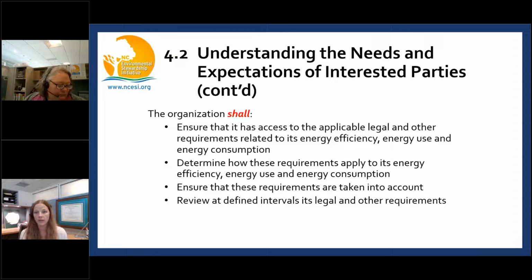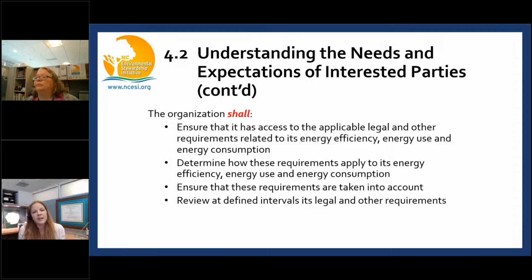And then another clarification is this says take into account. And the standard uses two words. It uses take into account and consider, and colloquially they have the same meaning, but in the standard they have a very defined meaning. So take into account means that it is necessary to think about the topic, but you cannot exclude it. Whereas consider means that you can think, it is necessary to think about it, but it can be excluded.